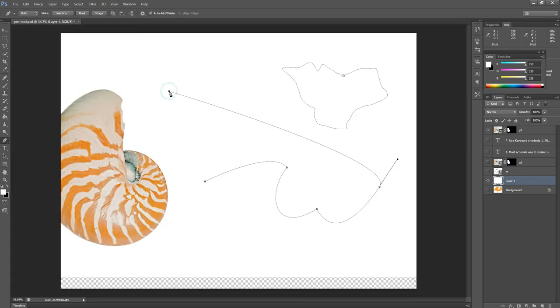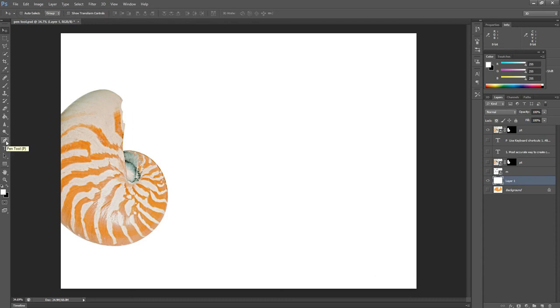One very important point to remember, guys: the fewer the points, the more efficient and better the shapes. So we created lots of points here, and we can make lots of points while selecting any object, but the fewer the points, the more efficient and the better the shapes may be. So always try to make fewer points. The Pen Tool is a very important tool for selecting any complex object and making any shapes, any sizes.